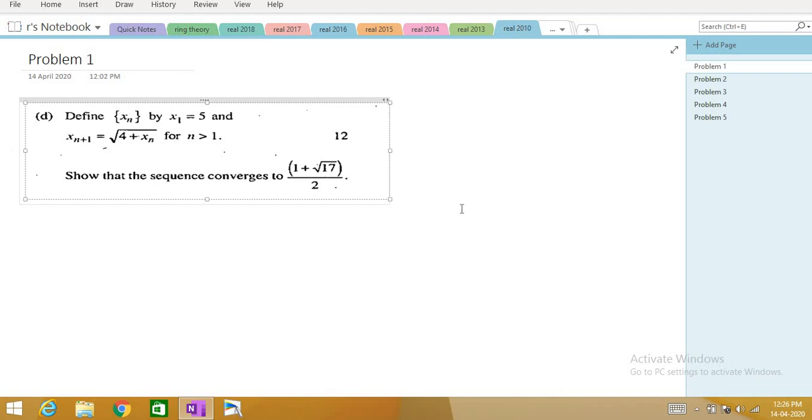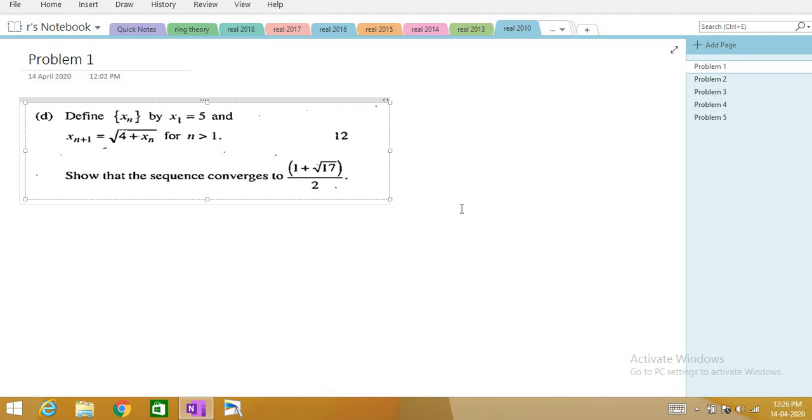I always recommend that you watch from part 1 to part 30, because I have solved several problems based on convergence of a sequence, and in those problems I have explained what is meant by convergence of a sequence using the definition, right? If you straight away watch this video, you may think I'm not explaining what is meant by convergence, etc., and you will have a negative opinion of me. So what I recommend is that you watch from part 1 to part 30. If you watch this video straight away, I'm sure you will not follow my videos. So kindly watch from part 1, right?